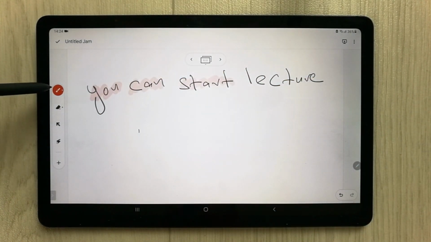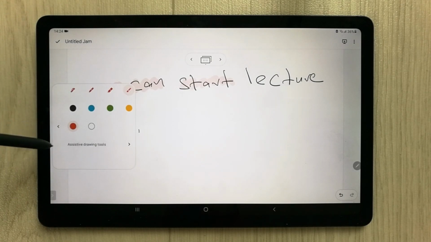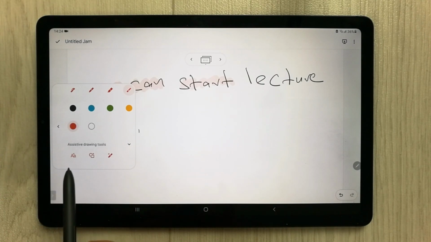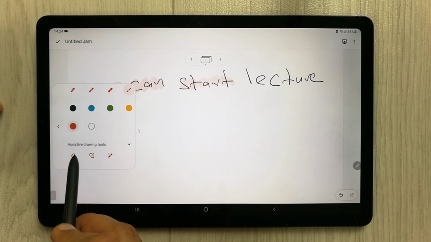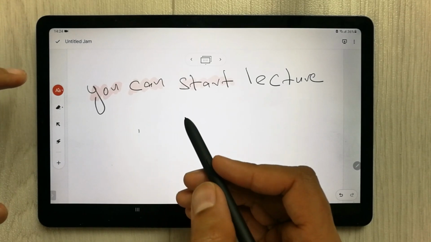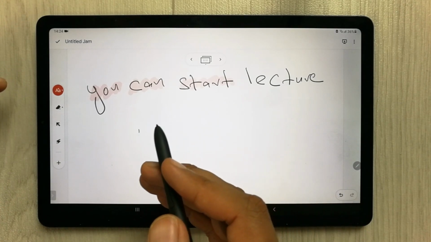Okay, so the next tool is in the pen tool, and it is called assistive drawing tool. So this is really important and very useful. Okay, so once you select this assisted drawing tool, so the very first tool it is giving you is the handwriting to text. So I select this one. So now whatever you write from your pen, it will convert into the text.